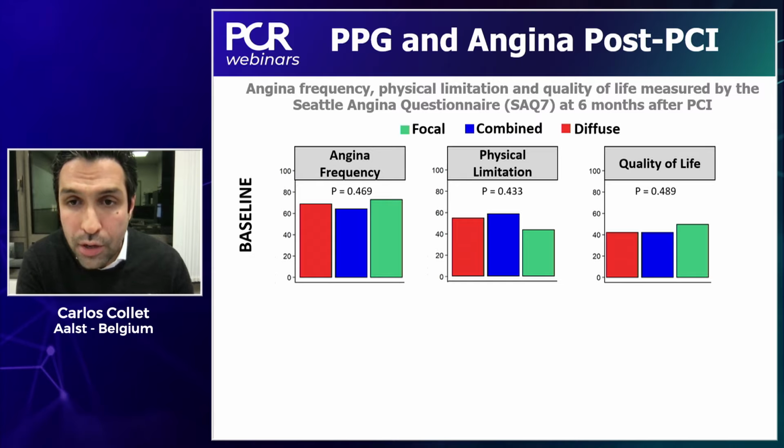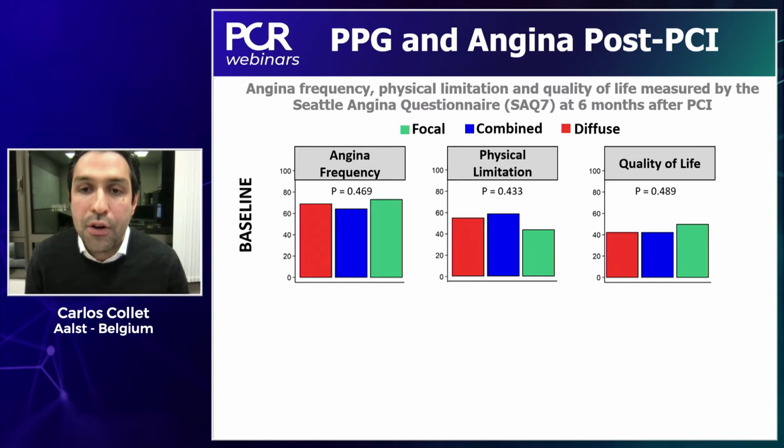Before I show you the data on post-PCI angina, I would like to show you the baseline Seattle Angina Questionnaire scores. The Seattle Angina Questionnaire scores, as you may know, have 3 domains. The first domain is angina frequency. The second domain refers to physical limitation, and the third domain is quality of life. And you see there the 3 bars stratified by colors. The green is focal, the blue is combined or a mix of diffuse and focal disease, and the red is